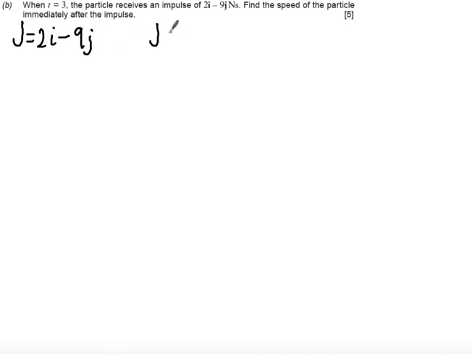Because it's not linked to time applied for a force, we're going to use that the impulse is the mass times the velocity minus the mass times the initial velocity. The impulse happens when t equals 3, so I want to find the velocity before it changes. We're going to use the answer to part A,